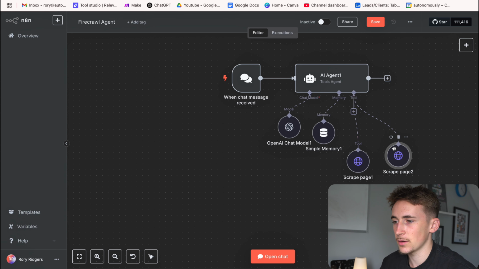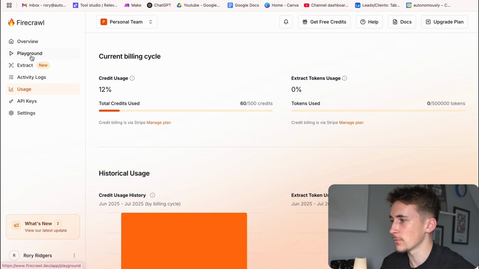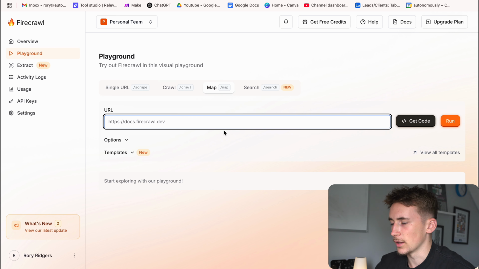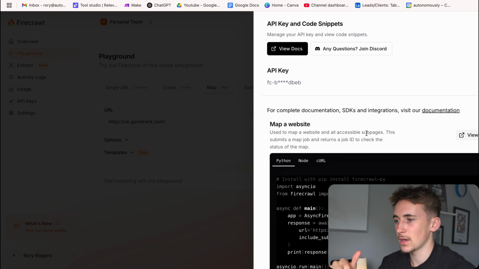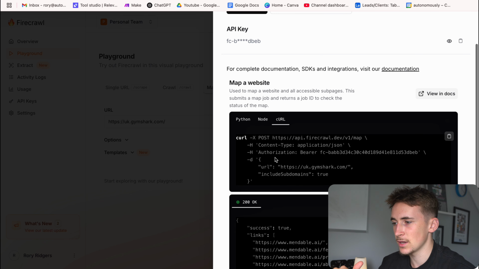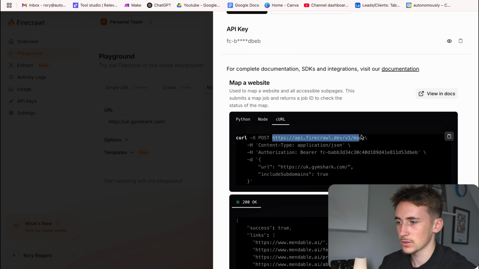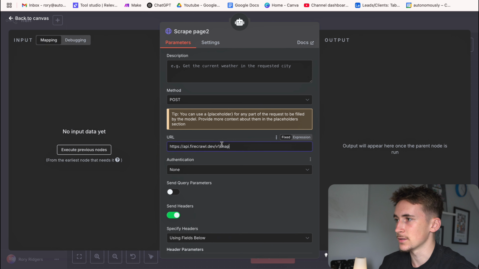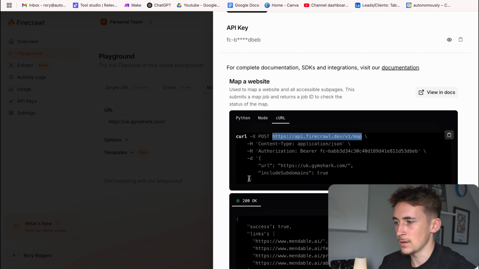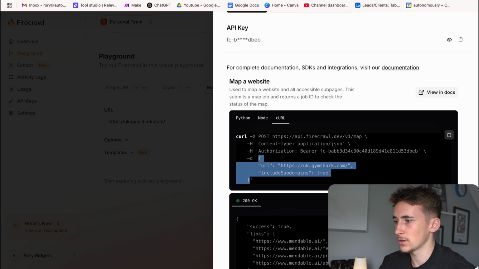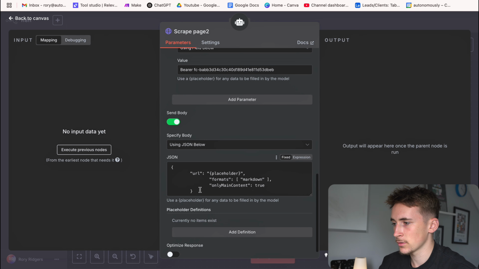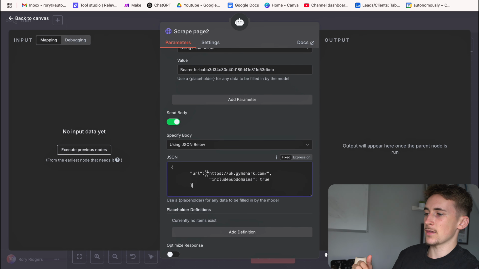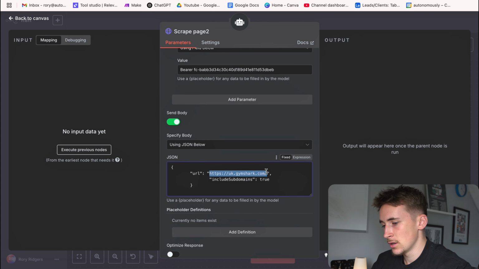So if we hook this up, if we come back over to Playground and then map, then again we can just use Gymshark. So if we paste that URL into there, hit get code, go to curl, and then you can see this time the only thing that we need to change is the URL here. So if we copy that, come over to this node here, paste that into there, and then the body obviously needs to change as well. So let's copy that, come over, scroll down, paste that into there, and then again we're going to change this to put in